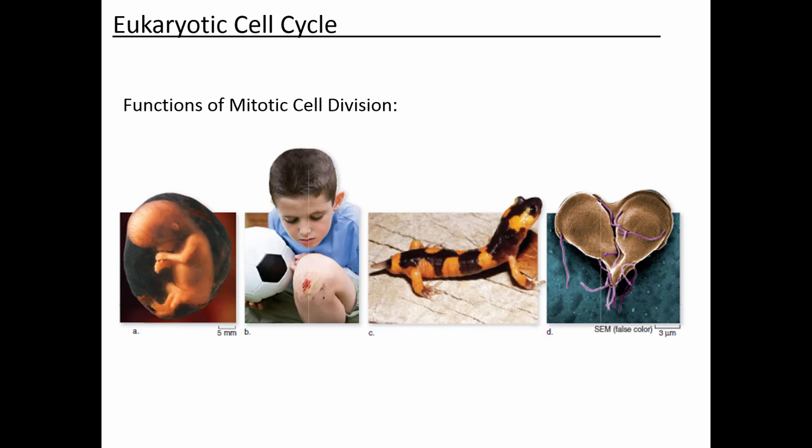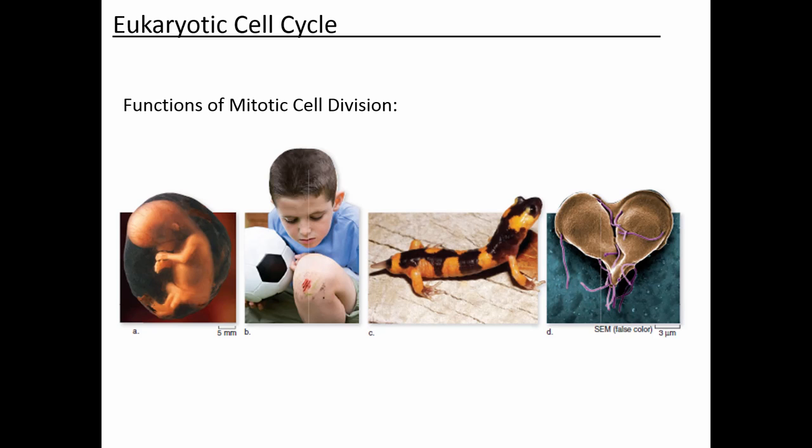Also, mitotic cell divisions are important in wound healing. So when you replace damaged cells, that's going to require pre-existing cells undergoing mitosis to produce new cells. In addition to that, in eukaryotic organisms that are capable of regenerating limbs, limb regeneration also involves mitosis. So the new cells that make up the limb that's regenerated are produced through mitosis.